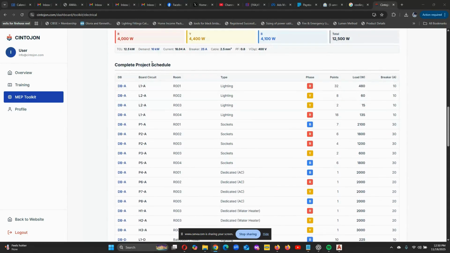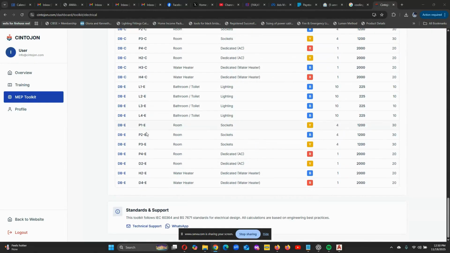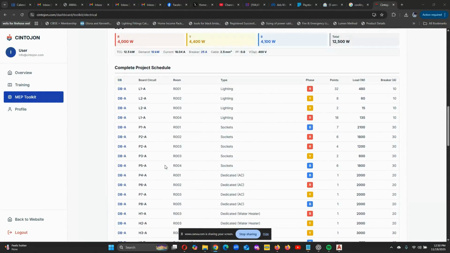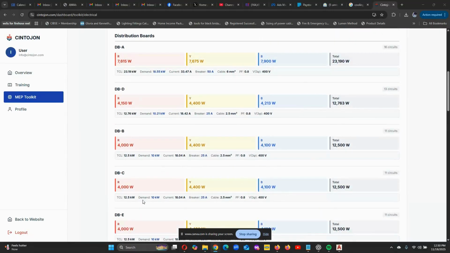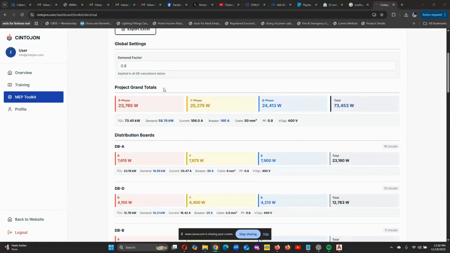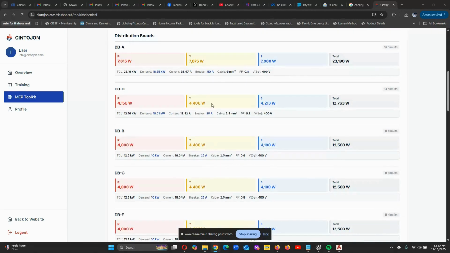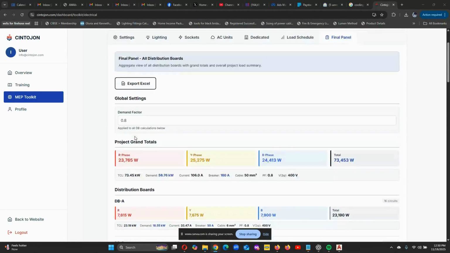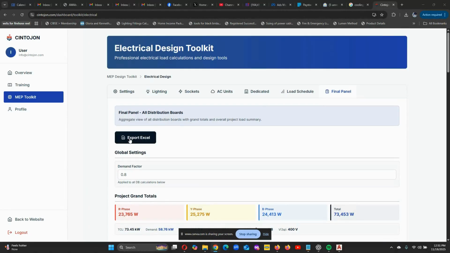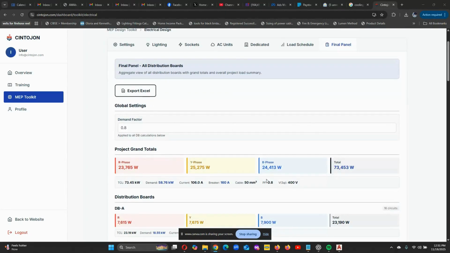Then the complete project schedule, all the schedules that you have done. That's everything together there. But of course, this is what you really need. This is exactly what you really need. All right, so that's done. It's taking about half of the work off you. Now, one important thing you want to be able to do is